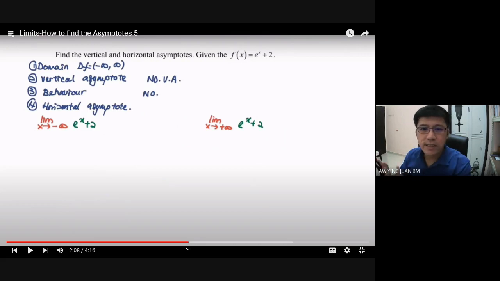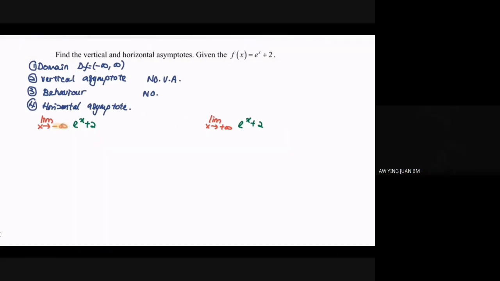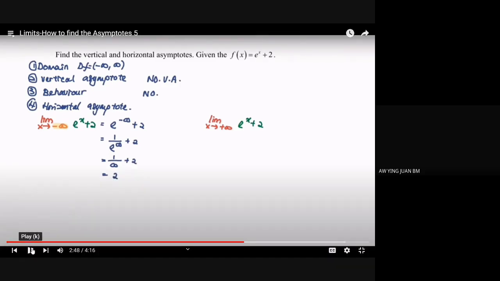Okay, so yang ini bukan asas dia sebab kita dah plus 2. Okay, kita dah plus 2. So kita tengok apa yang berlaku. Into the function, and we will have e to the power of negative infinity plus 2. Simplify, and we will have 1 over e to the power of infinity plus 2. If we have e to the power of infinity, meaning that we will obtain 1 over infinity. Remember the key, 1 over infinity is equals to 0. So meaning that we have 2 as a value.